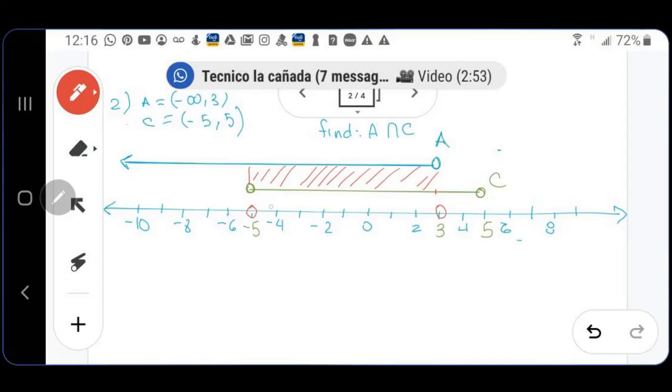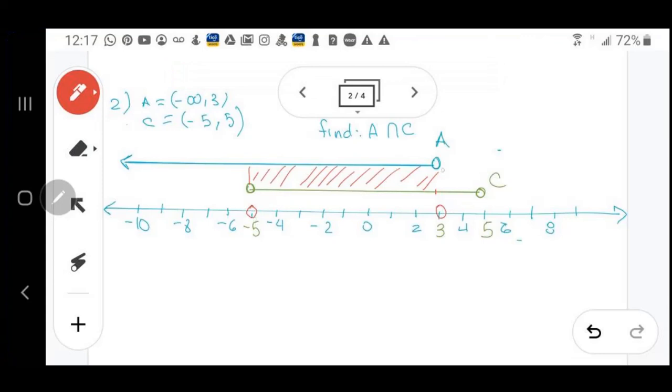And let me see at the right, with the value 3, is not included in A, is part of C, it is included, but it has to be in both. So it has to be also open. So my solution goes from negative 5 up to 3. So I make the graphing, and this will be,